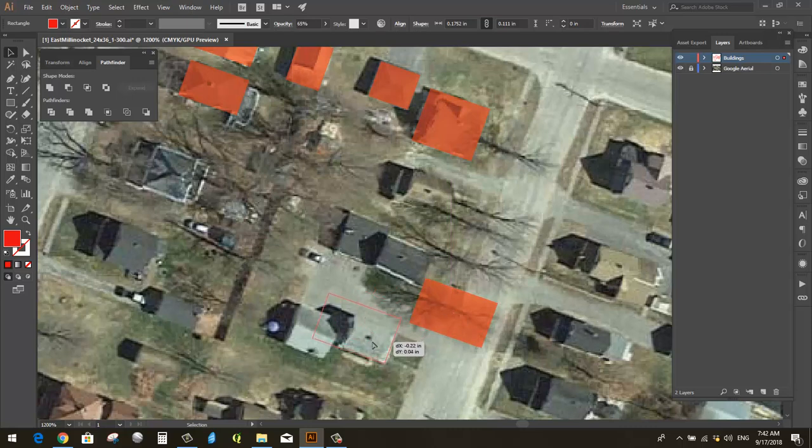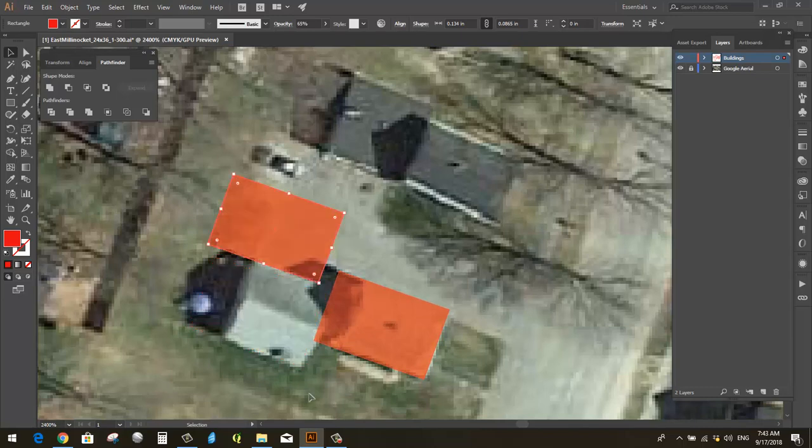So what I'm going to do is go like this and grab it like that. And now I'm going to shift click here and bring it down. What I'm doing is creating an intentional overlap. Okay, well, I'm actually going to, I don't know if you can see, but